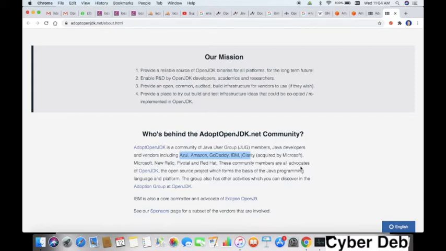So this one seems more promising compared to the vendor specific OpenJDK, meaning Oracle OpenJDK or AWS OpenJDK, that is Corretto.